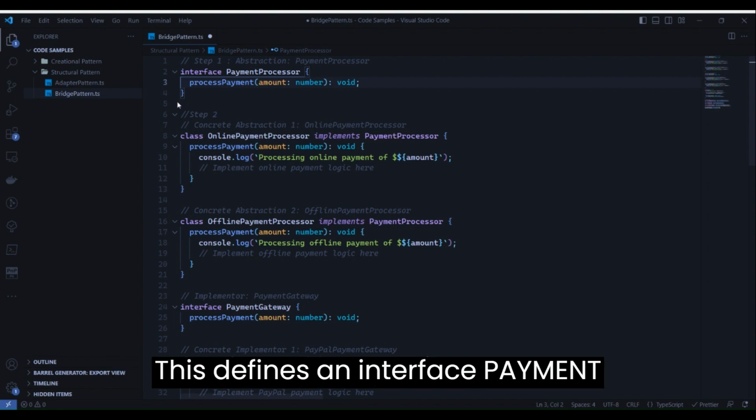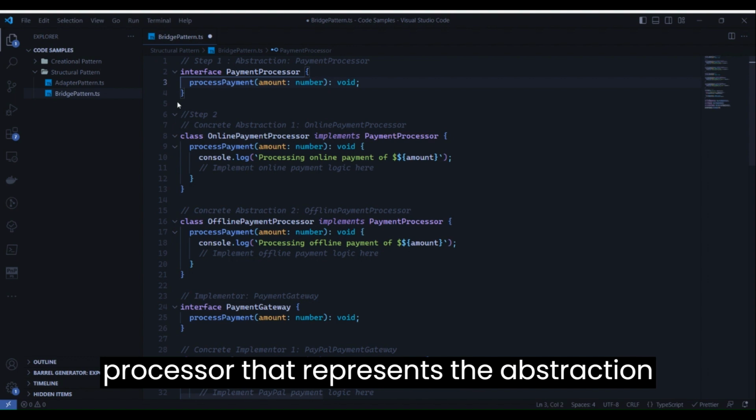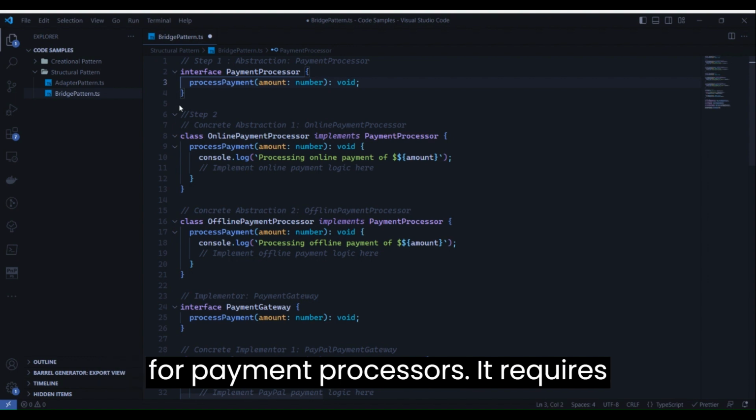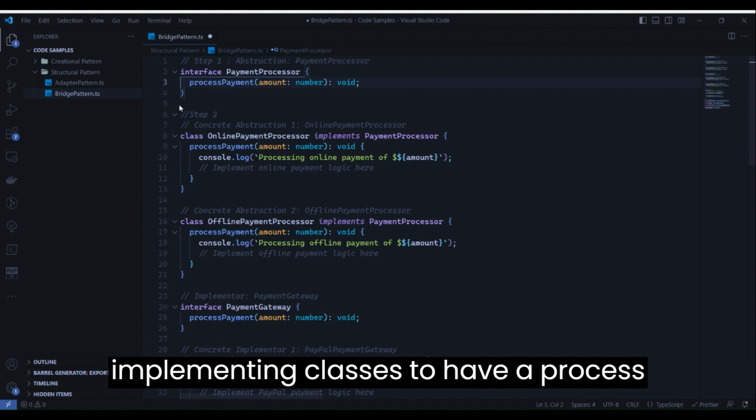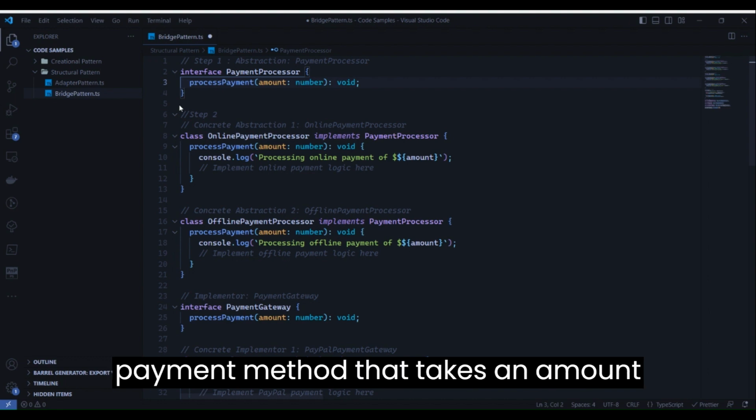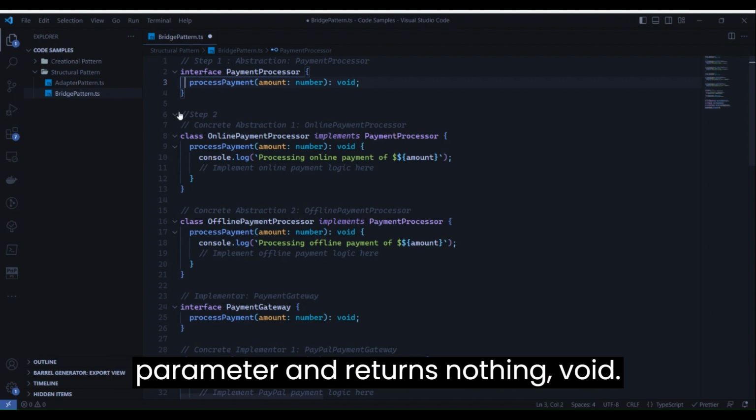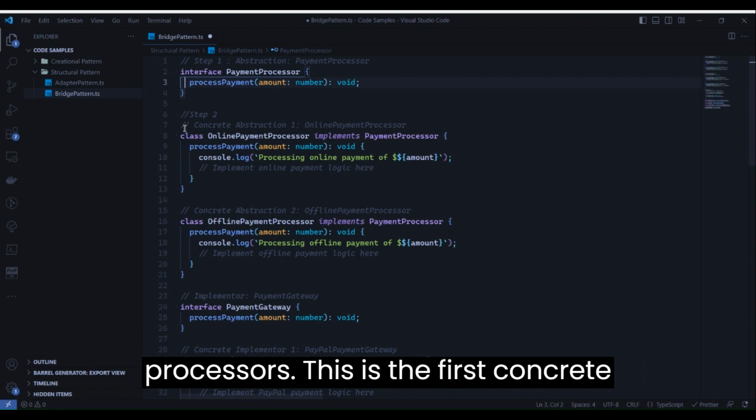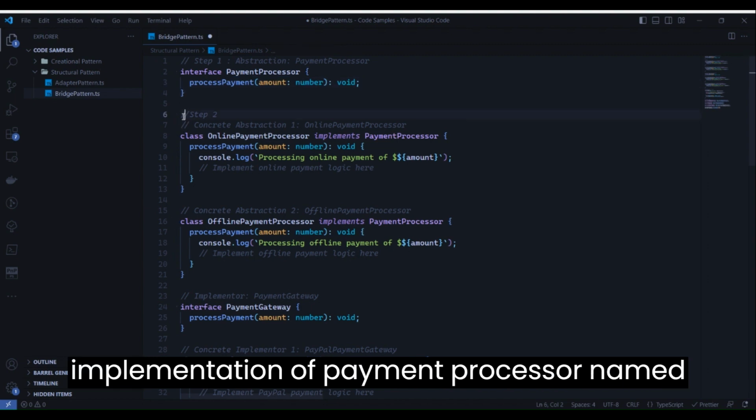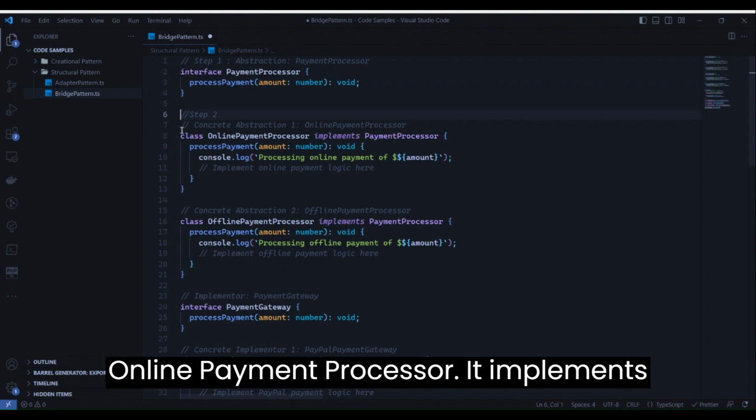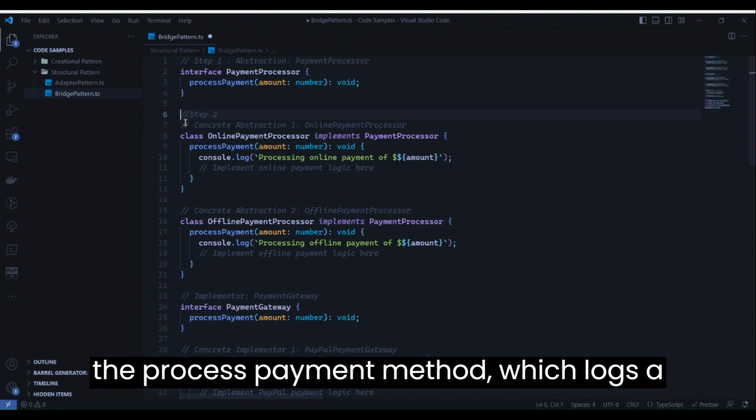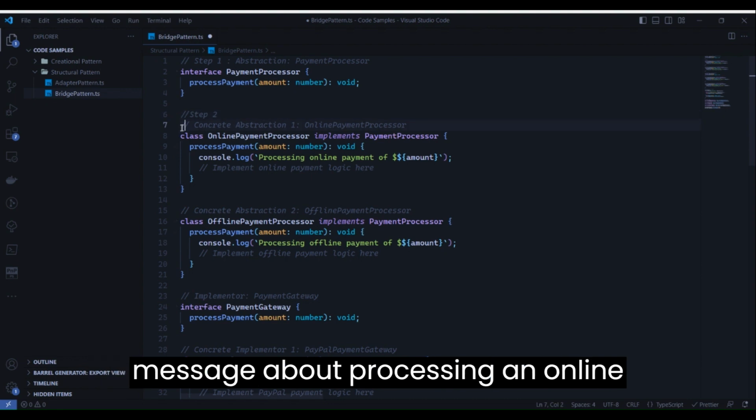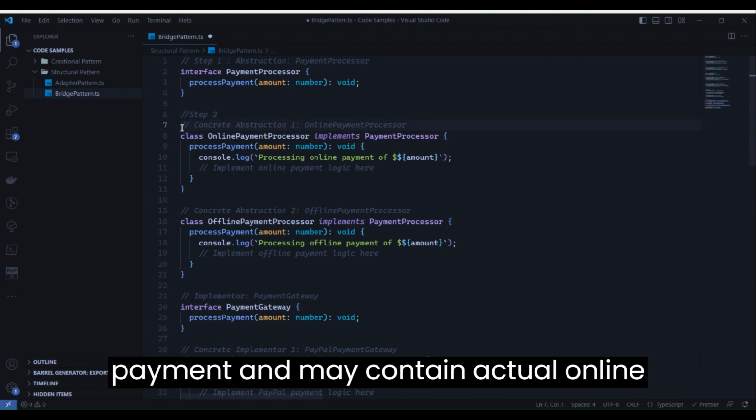This defines an interface, PaymentProcessor, that represents the abstraction for payment processors. It requires implementing classes to have a processPayment method that takes an amount parameter and returns nothing, void. This sets the contract for payment processors. This is the first concrete implementation of PaymentProcessor, named OnlinePaymentProcessor. It implements the processPayment method, which logs a message about processing an online payment and may contain actual online